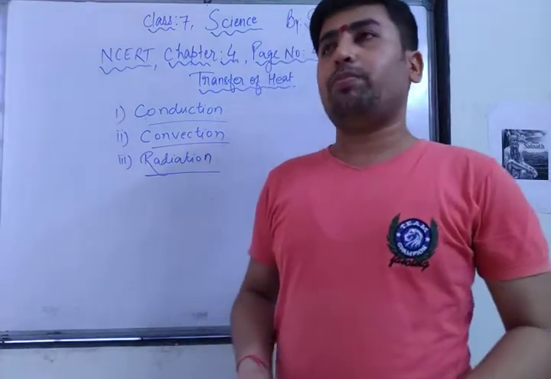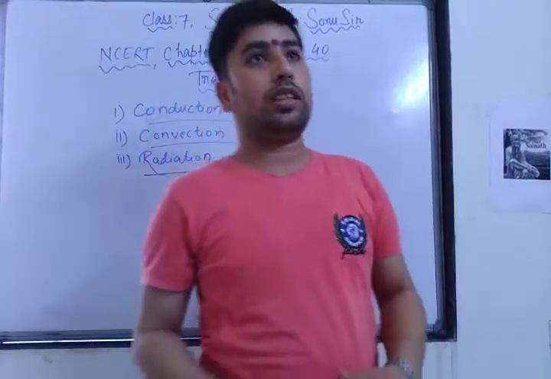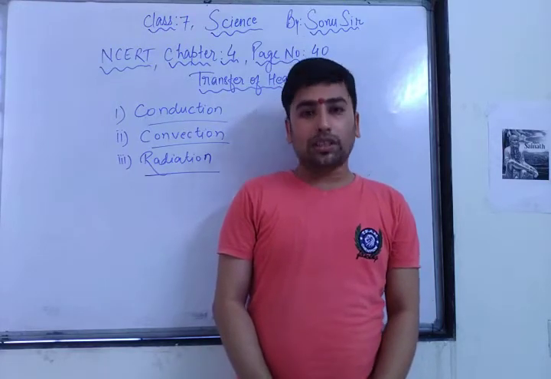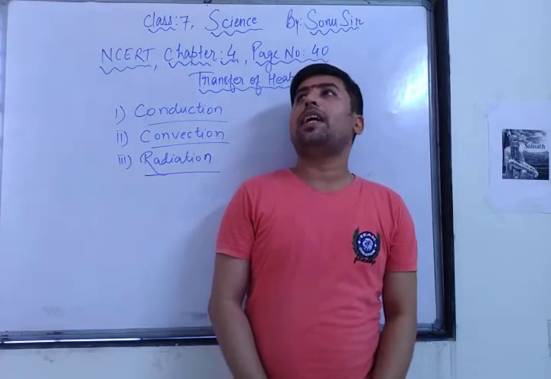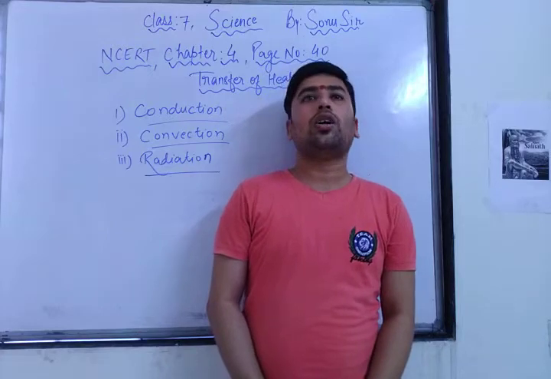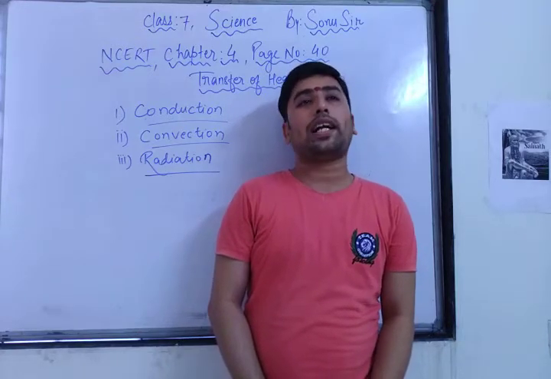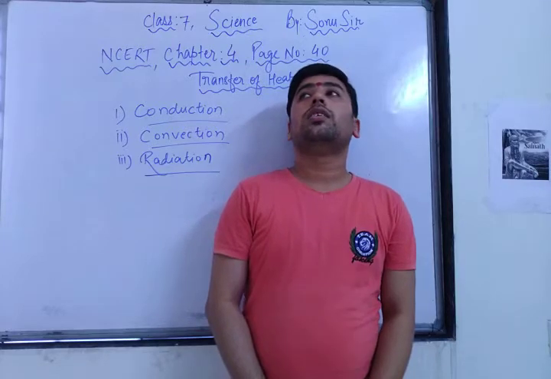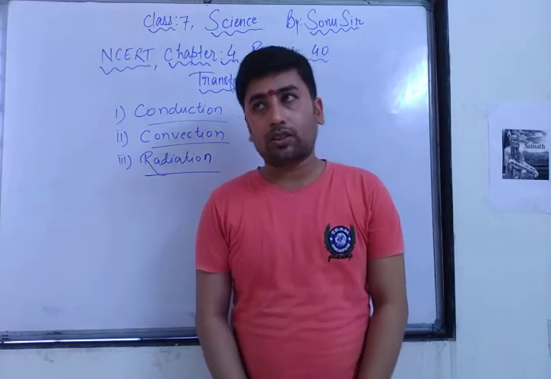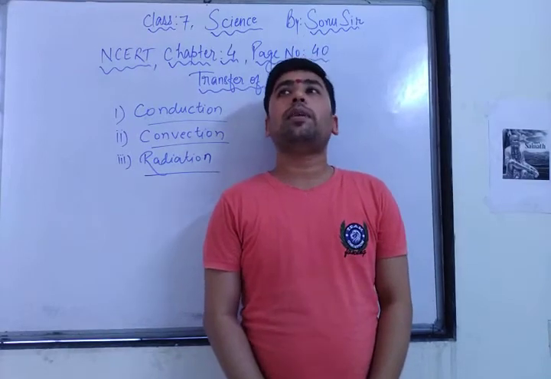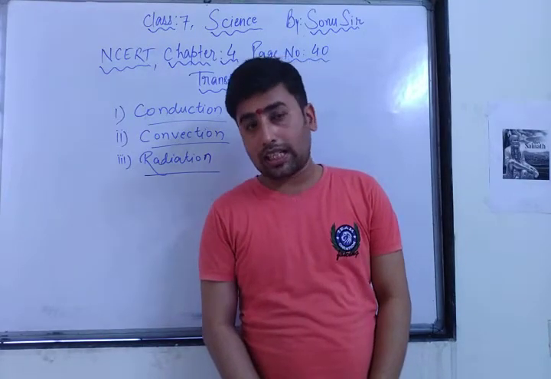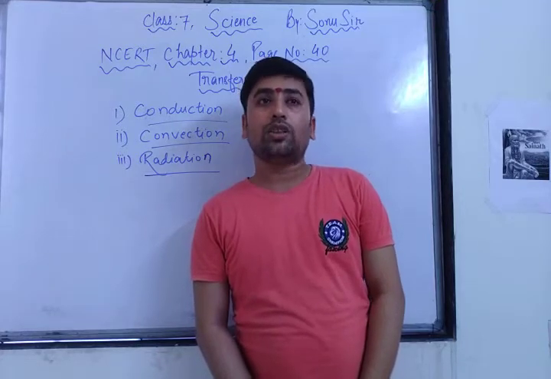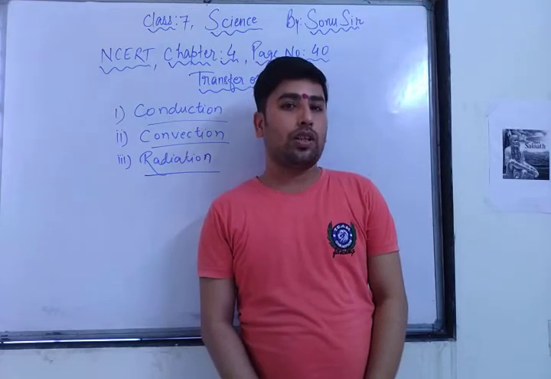Now see, in the previous video I had explained all these things. Actually they have done one activity. What they have done, they have taken one stand. In that stand they have attached an iron scale or steel scale. On it they have put some wax, and then on the other end they have started heating it with the help of a candle. You will see they have put the wax at equal distances on that stainless steel or iron scale. You will see one by one all the wax falling down.